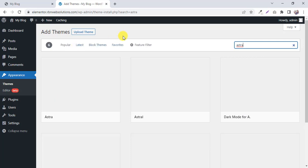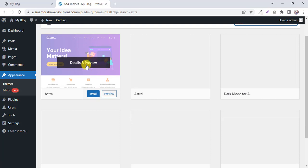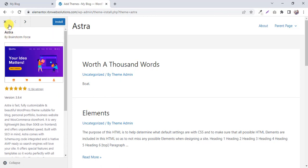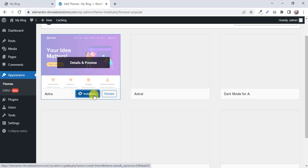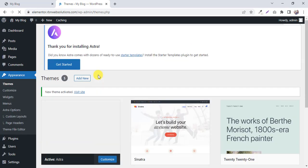Now our next step is we have to install this Astra theme and activate. So for the network this is not visible actually. Now we can see it is visible, and if you click on details and preview, there are 5000 plus 5-star reviews actually, and there are a lot of installations actually. So we are going to install this. This is the best WordPress free theme. So after installing, click on activate, and we have activated the Astra theme,